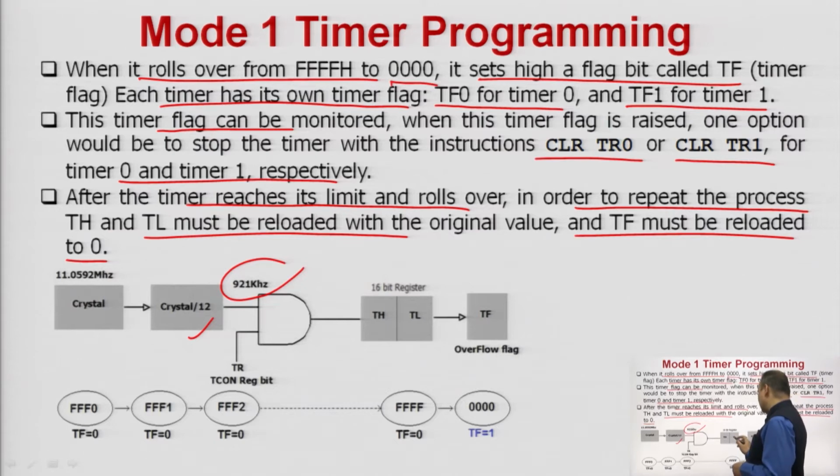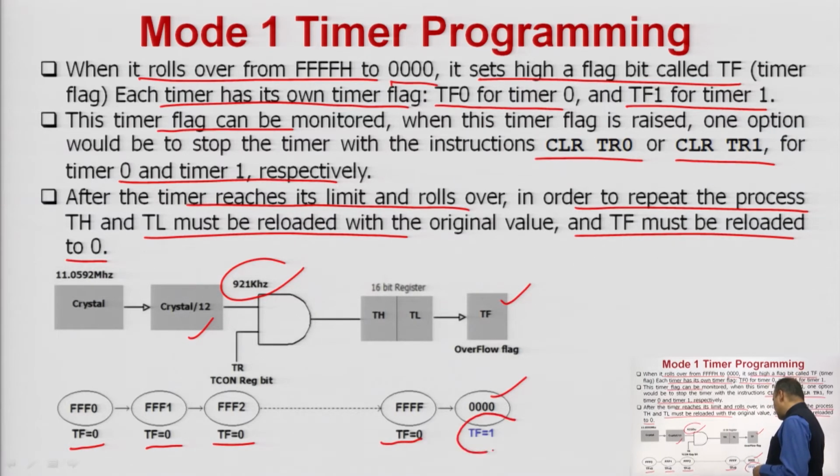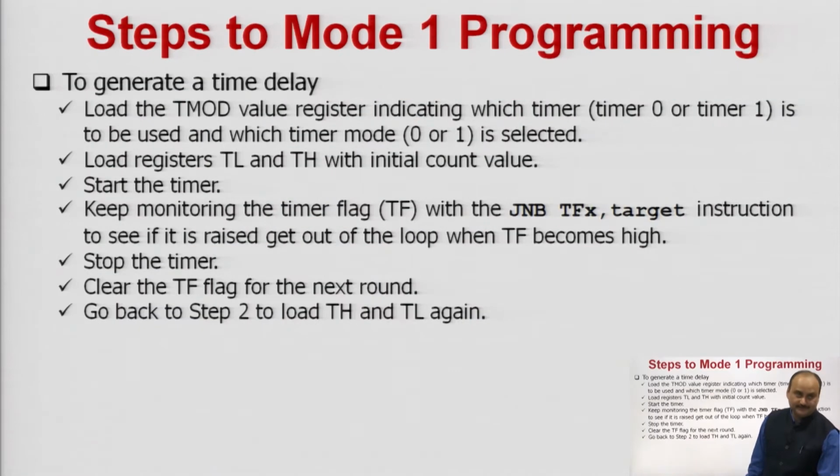Then we have this 16-bit register, which is divided into two parts, the TH and TL registers of the timer, the high order and low order registers, and here the timer flag. The timer flag is set when a rollover takes place. The initial value is loaded here, and the status of the timer flag is 0 when counting starts. The timer starts from the initial value, and once it reaches the final value and goes from the final value back to the initial value, the status of the timer flag becomes 1 to indicate that there is a rollover. This is the meaning of rollover.